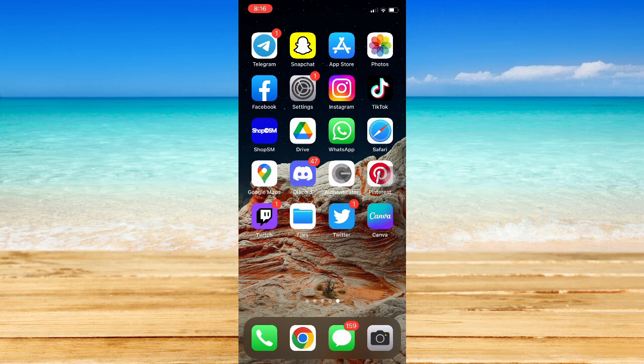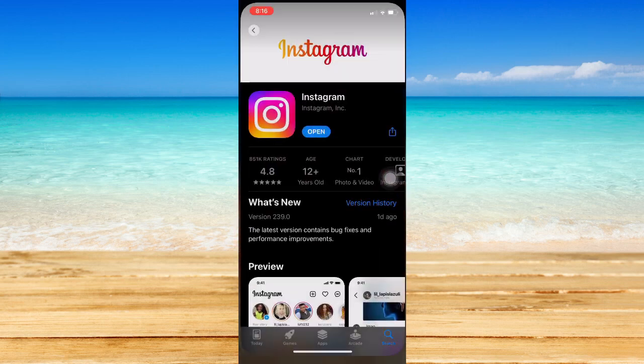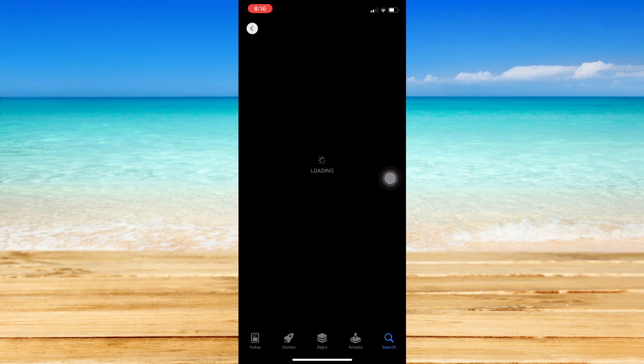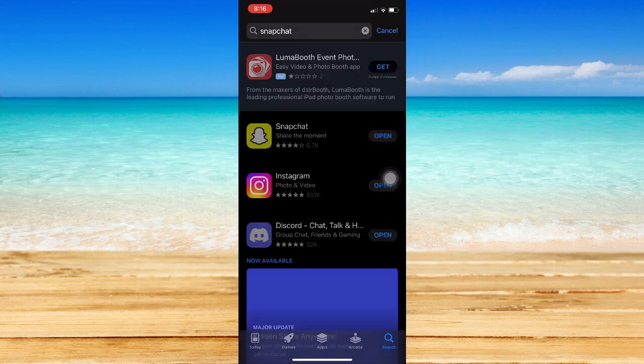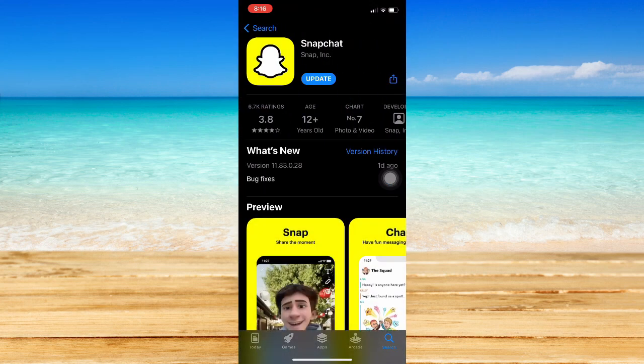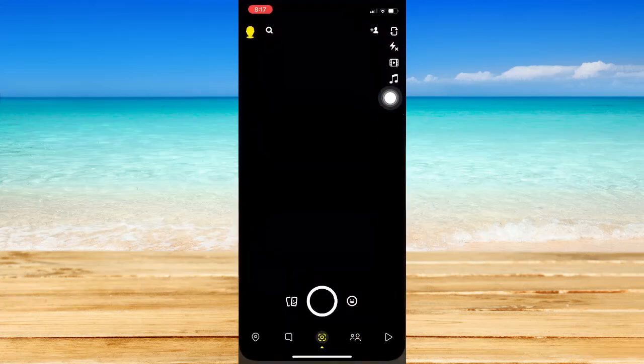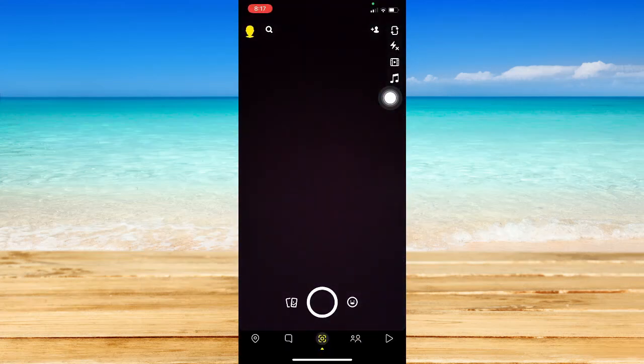So let's begin. The very first step that I would suggest is to make sure first that your Snapchat app is up to date. If not, please go to the App Store or the Google Play Store and update your Snapchat app. So once you have updated your Snapchat app, simply open it and then let me show you first